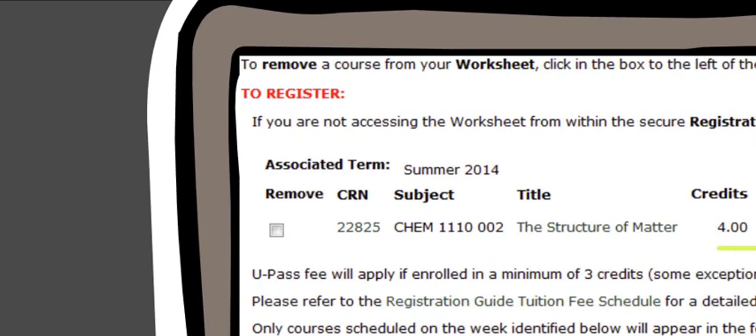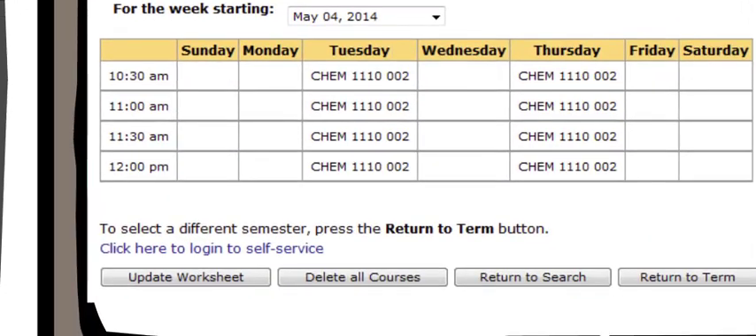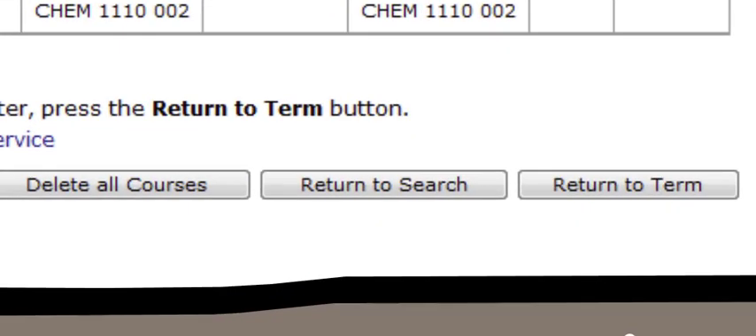There are those CRNs again. Make note of these numbers and remember to print this page or keep a copy somewhere. The program has provided you with a weekly calendar to help you visualize what your semester would potentially look like. Next, you will select Return to Search. Don't worry about your other class or classes. They will